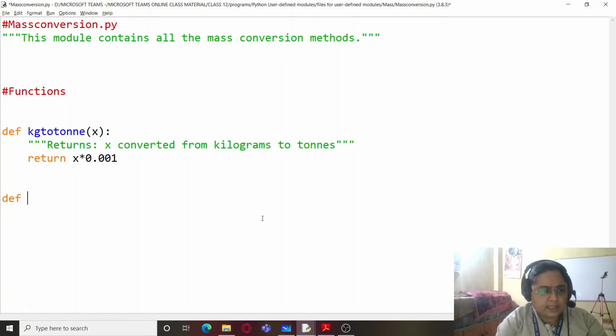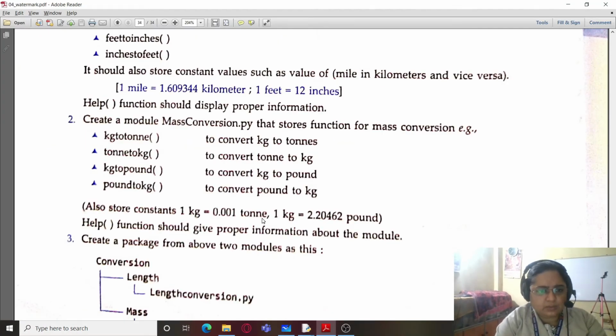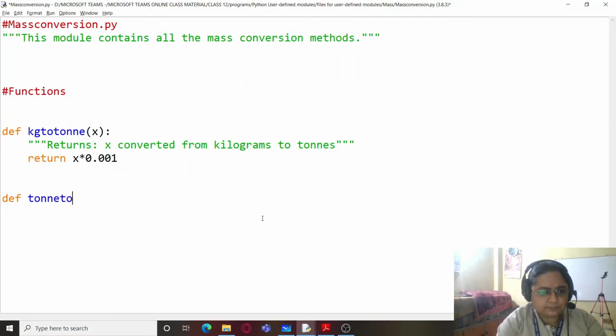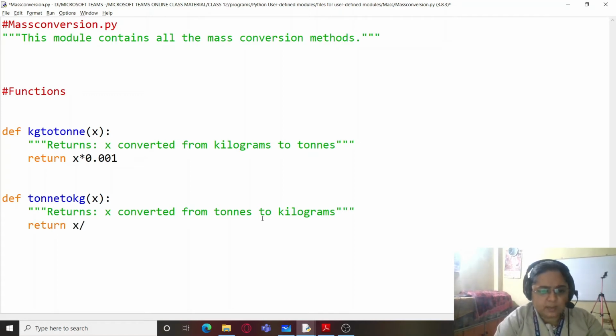Then leave 2 lines, then the next one, that is ton to kg. Returns x converted from ton to kilograms, and return x divided by